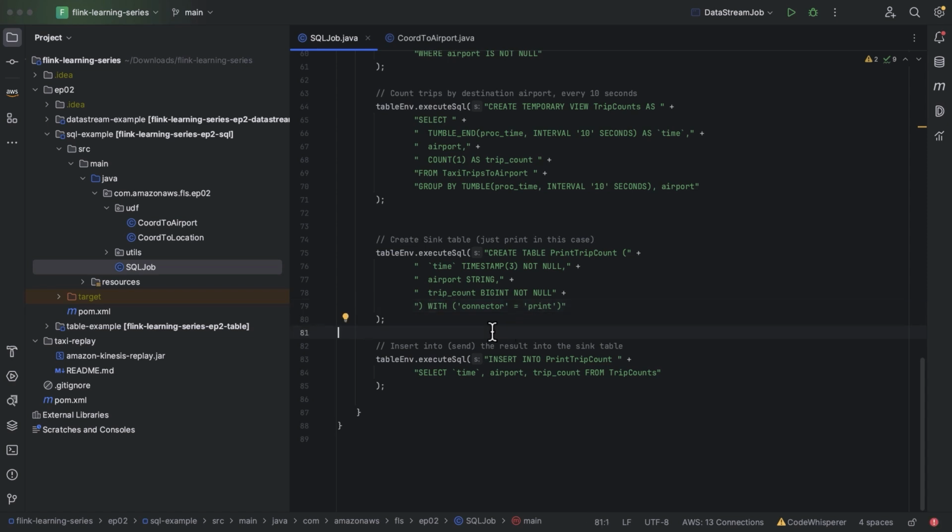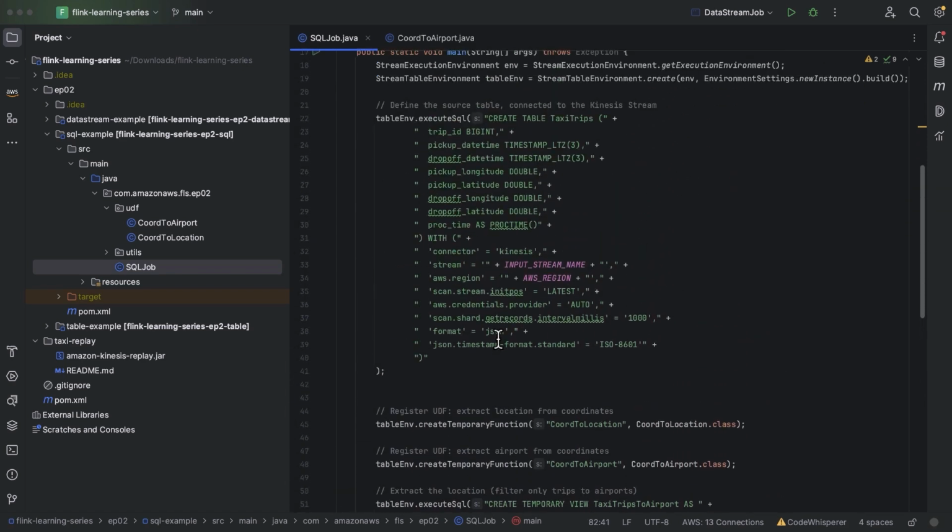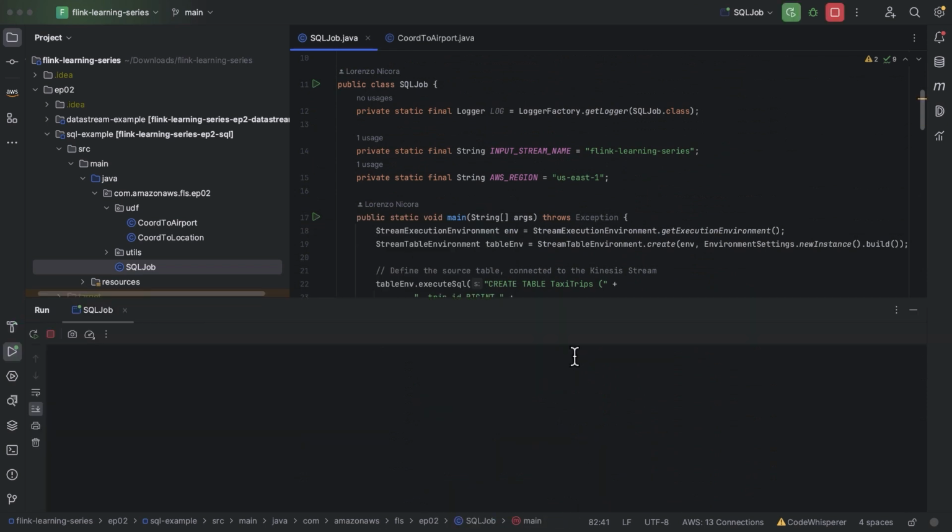Once we have those three main components, it's time to tell from where to where we're going to be sending our data. So, since we have these views of our continuous transformations, we then say that we want to insert into our sink table the following query. And this query is using as its source the final view that we created. We could be using the first table and have a way more complicated query here, but in this example, this is how we're doing it. So if we execute,